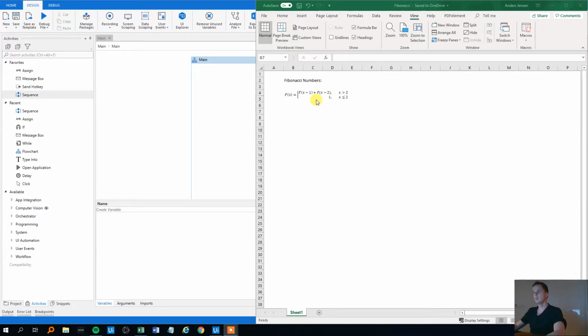And we'll see that whenever x is less than or equal to 2, the Fibonacci number will be 1, and otherwise it will be the sum of the two previous items. Well, it can be a little bit hard to understand, so let's write out the Fibonacci numbers